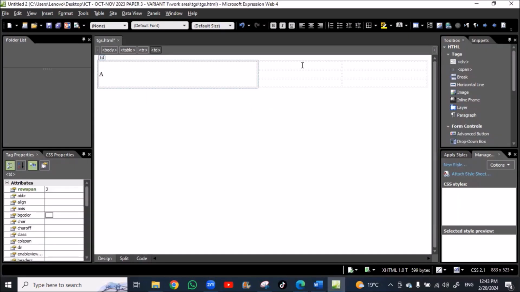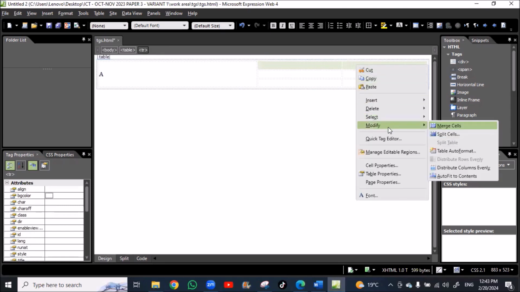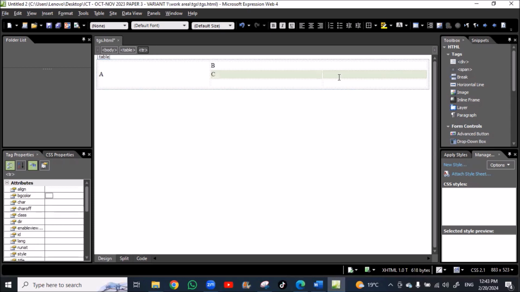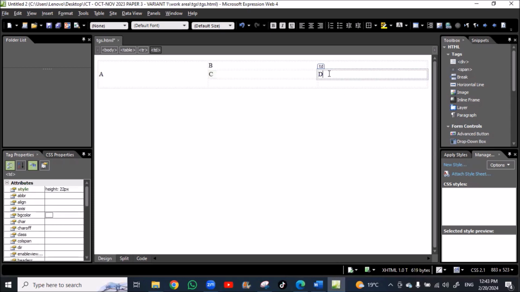So we'll merge these 2 cells, mark them, right click, modify and merge. And this will be B. And this will be C, D, E, and F.